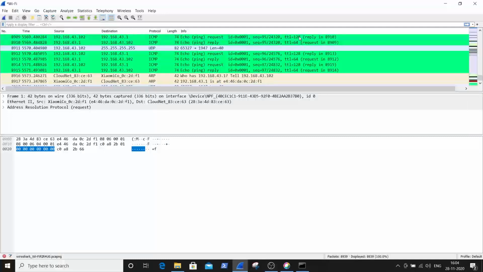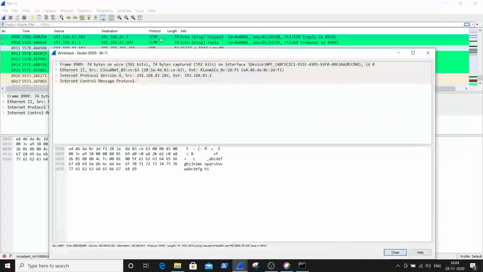By this TTL value we can identify which operating system it is. You can also see the length of the packet given here. Just click on one ICMP packet.